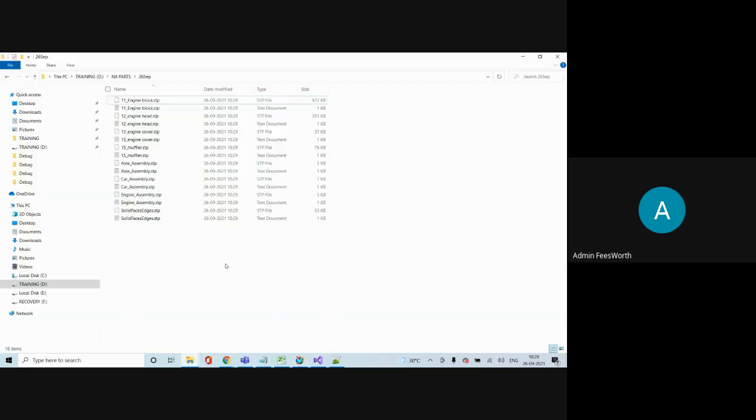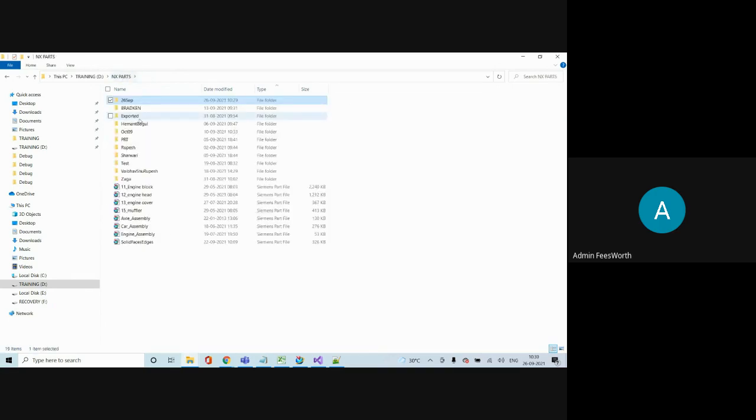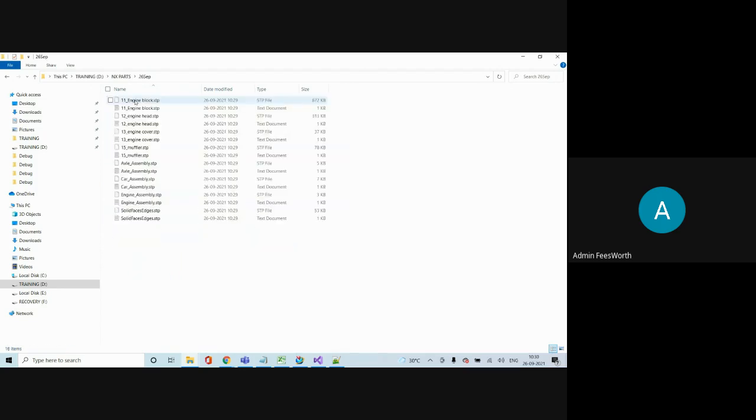So this folder I created just now, it created all the step files for all the parts. It seems there are more parts, maybe it took inner folders also. You can control whether you want to do only the outer folder or open all the parts inside the folder. So like that, all the step files are created.